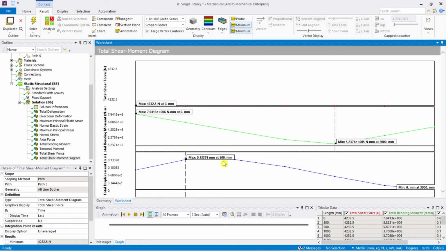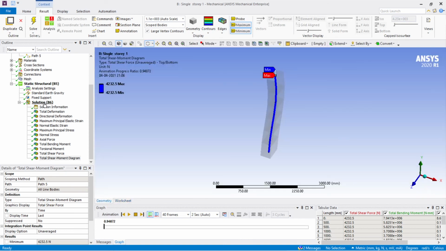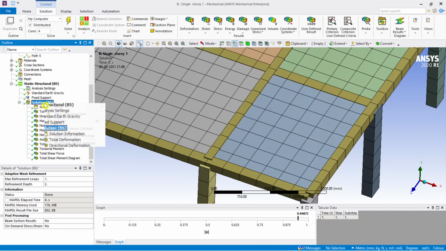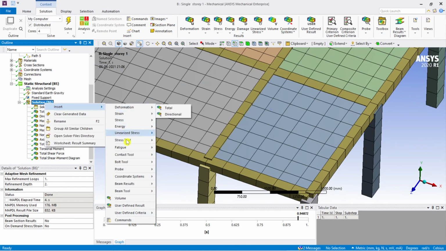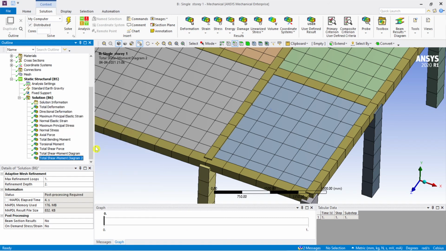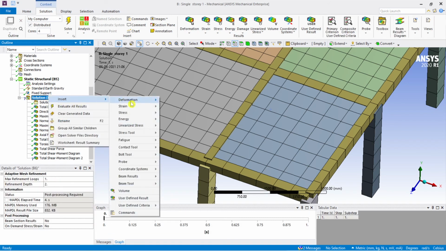So at 500 mm from the bottom of the column you can see a deflection of 0.13 mm. It's showing an exaggerated scale. Let's come back to the geometry here. Again we are inserting the beam tool, sorry, shear. Once we insert this beam result again,